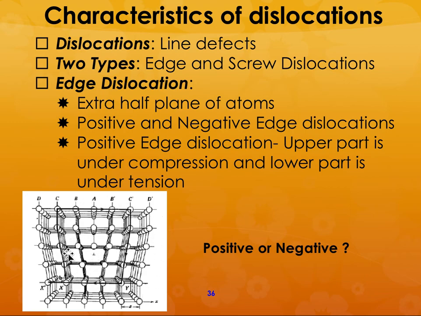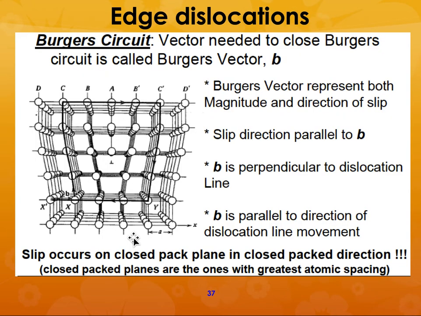So this is a positive type of edge dislocation, and there is another factor that is associated with dislocations, which is called the Burgers vector, and it represents the distance that you need to travel in order to complete the cycle if the dislocation were not present. So in this case, this is the Burgers vector B equal to,